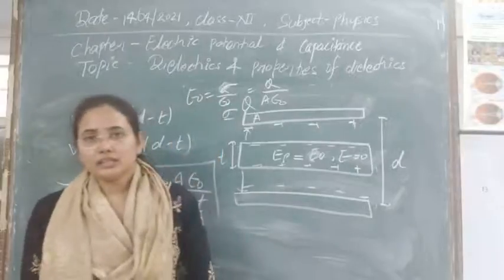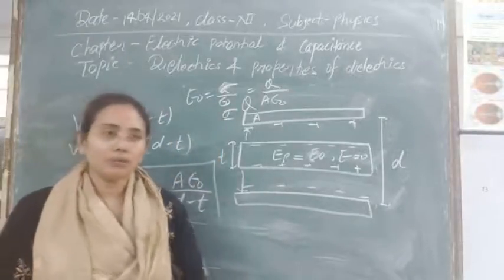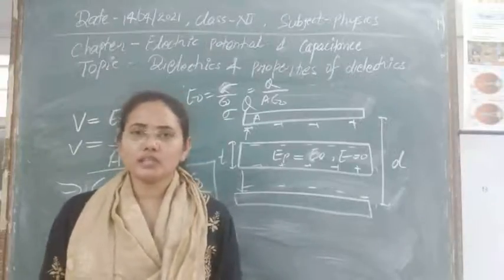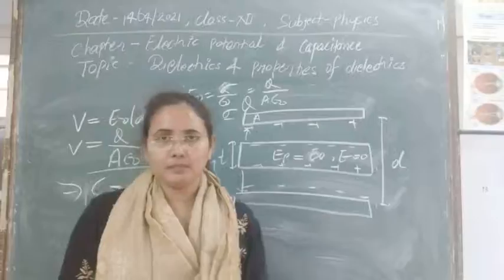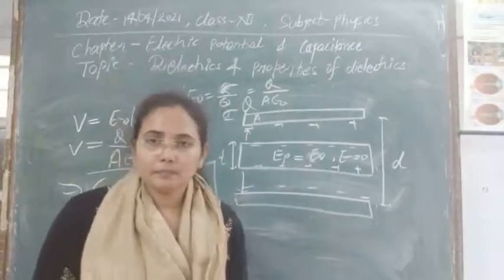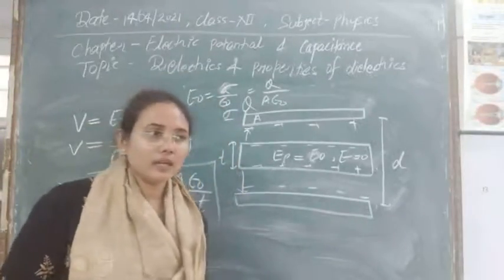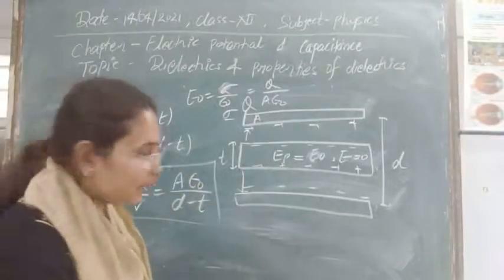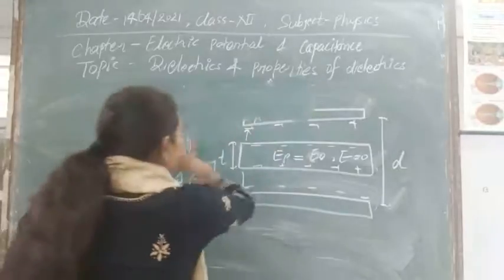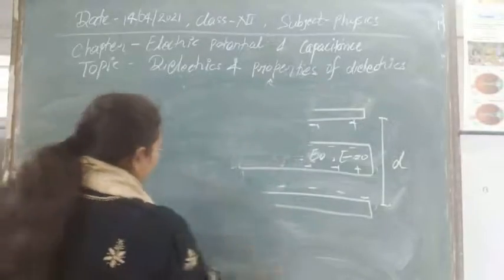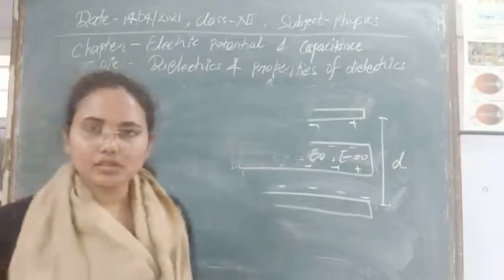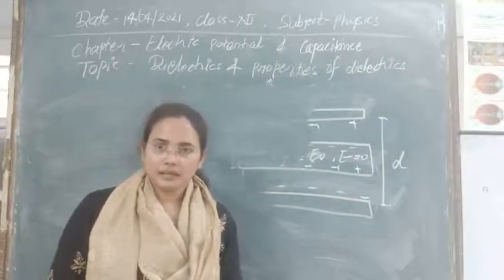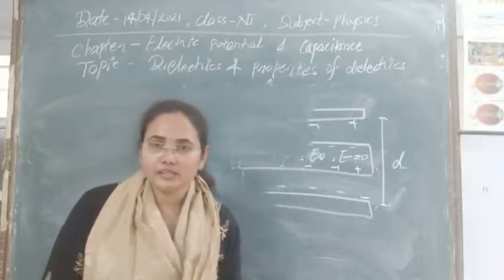So we are using these kinds of media to enhance the capacity of the capacitor in accordance with our use or our purpose. By today's discussion we can also see the dielectric constant in terms of capacitance here. This is the last thing that we will discuss here. After that, I think we have discussed all the topics of this chapter. So this chapter will end here today, and in the next class we will start the current electricity chapter.